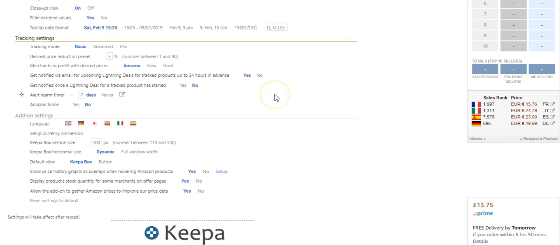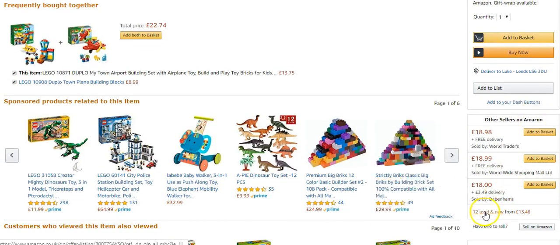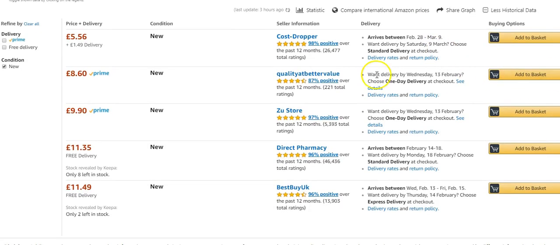Another setting that I recommend you turn on is to display product stock quantity. Set that to yes, and what that allows you to do is if you go to the seller information page by clicking on a button similar to this, it'll take you to a page like this, and for some sellers it will show you the stock. This is really useful for when you're making purchasing decisions or pricing decisions, as you want to know how much stock your competitors have. It doesn't work for all